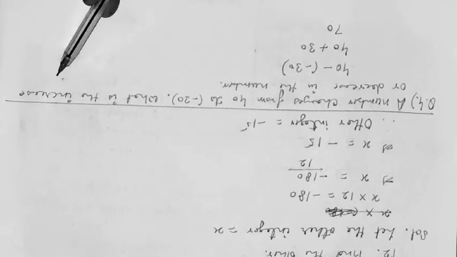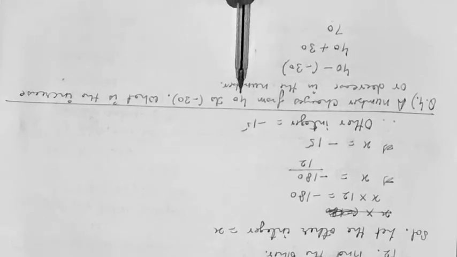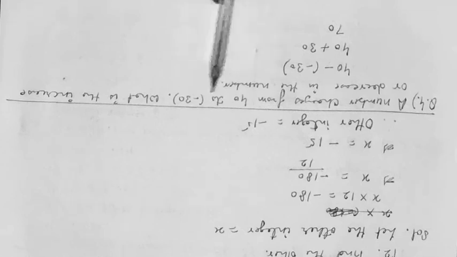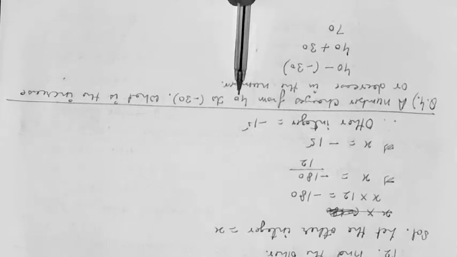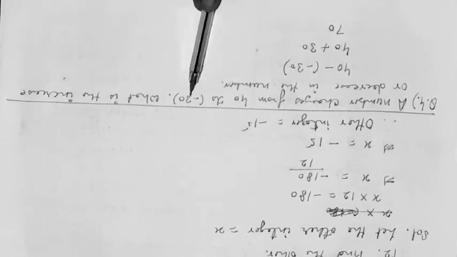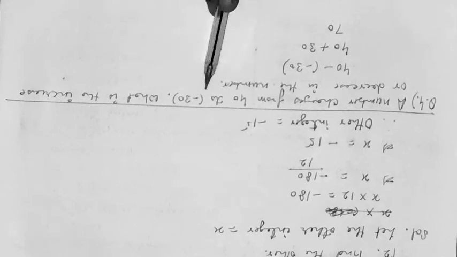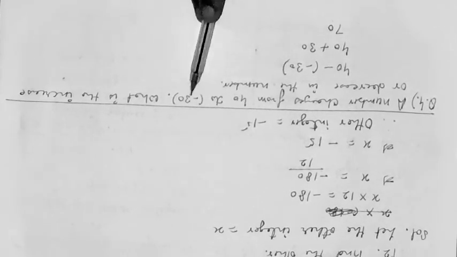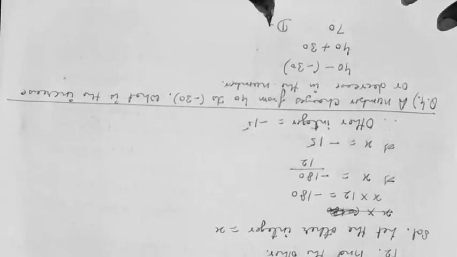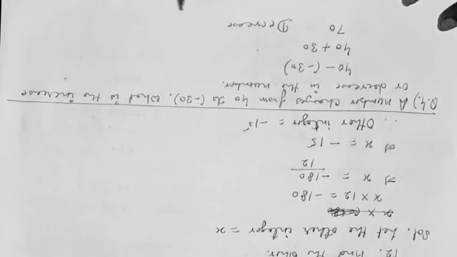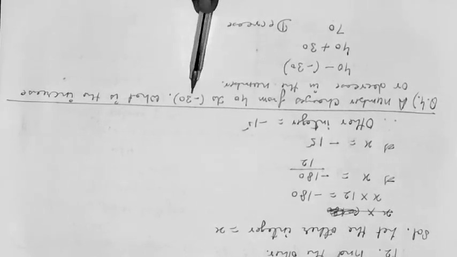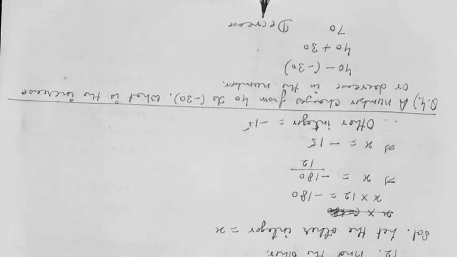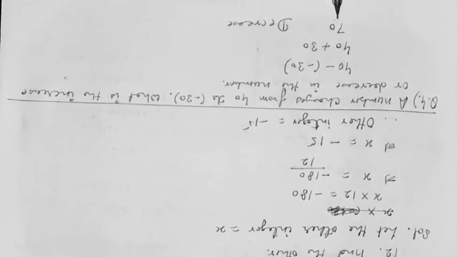For finding whether it is increase or decrease, just look at the sign of the integers. First we have a positive number. Now it has become a negative number. If the number has changed from positive to negative, then there is a decrease. So we will say that the number is decreased by 70.